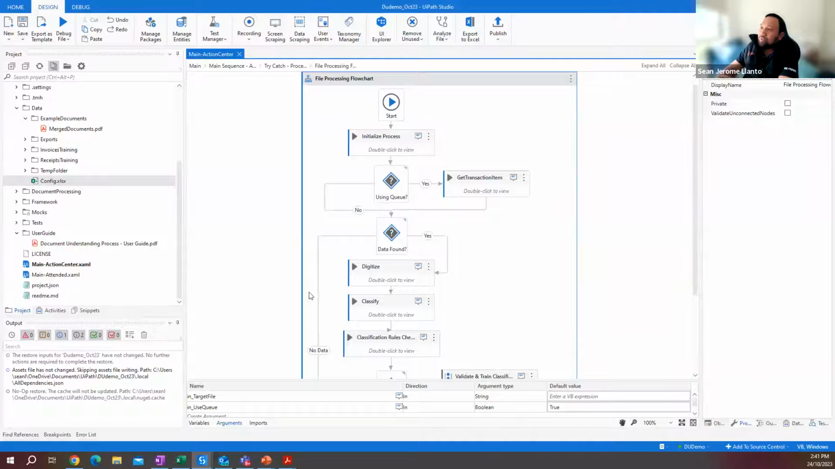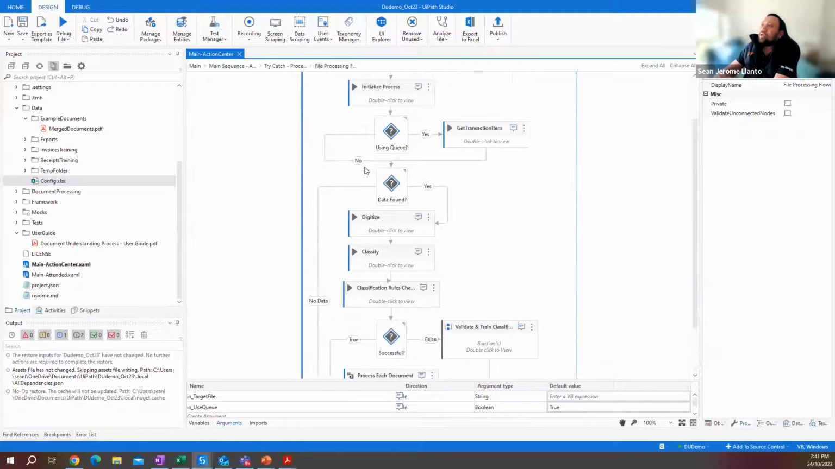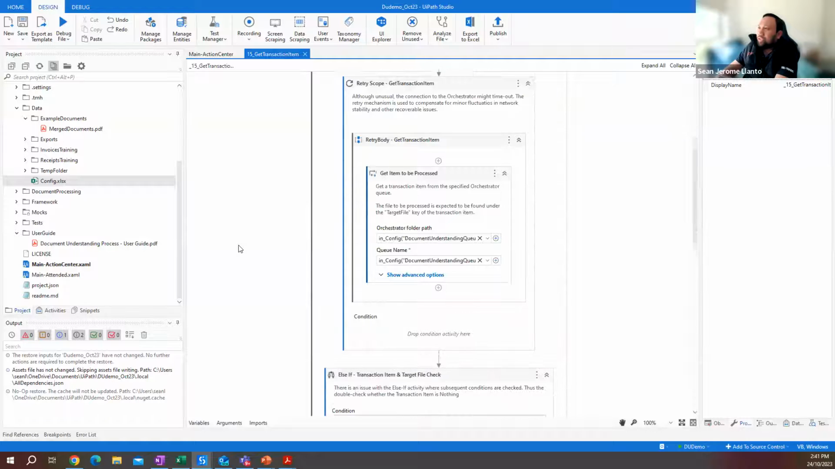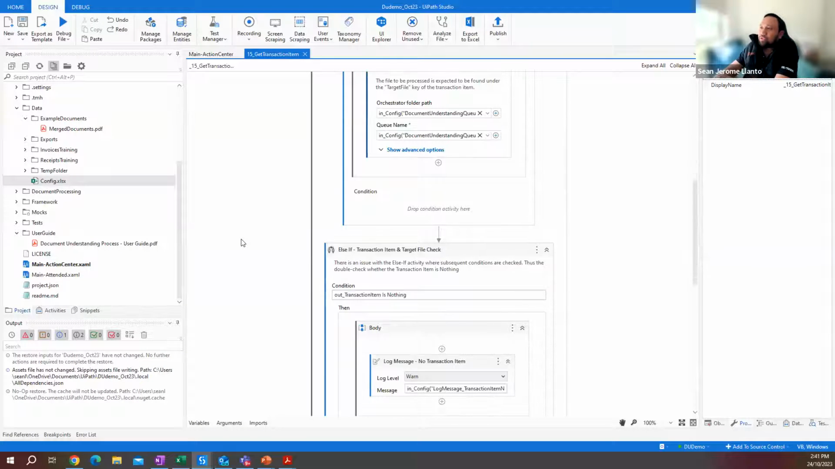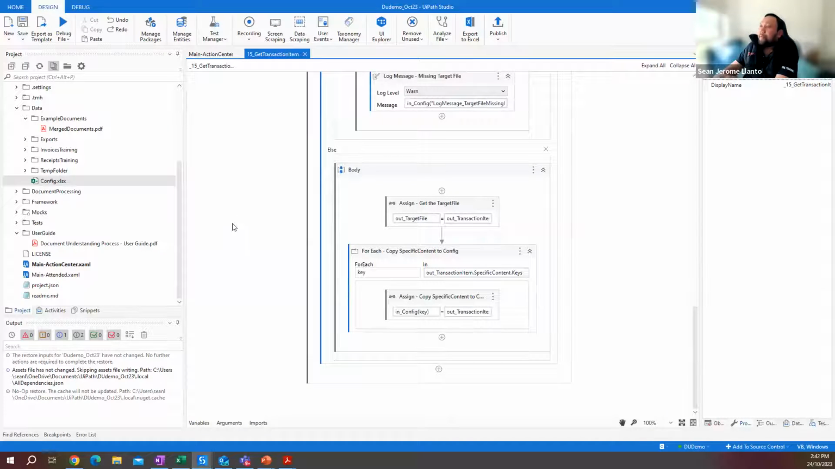Otherwise, it will flow down to end process, because if there's no data, for example, if you're using queue and you have a queue item, it will go to get transaction item. If you're not, it will check whether you have a target file available. If there is none as well, it will go to end process. So assuming you're using queues, it will go to get transaction item. This is just where we ask the robot to check if there are transactions to be processed. We didn't make any change here as well for the demo,